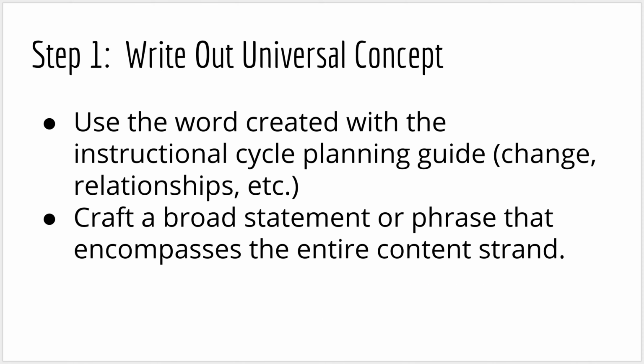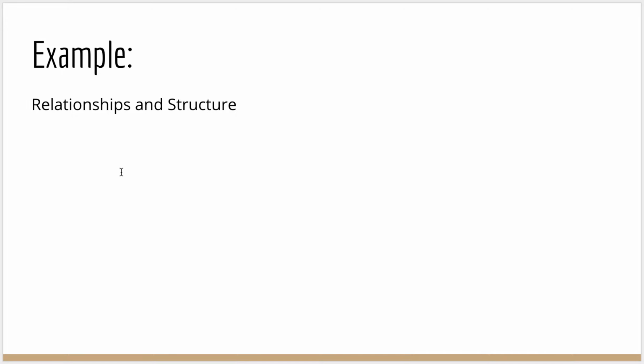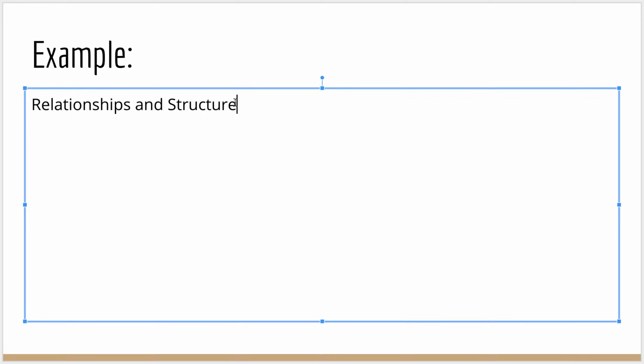So let's take a second to watch how I would create this universal concept based off the words that I chose and some of the conversations that I might have had with my peers about this instructional cycle. So you're going to use the word created during the instructional cycle, and you're going to craft a broad statement or phrase that encompasses the entire content strand. So I've decided on the two words, relationships and structure. I want to give a little bit more meat just because there's so many relationships and structures that I don't want to be too broad that my students could just go anywhere with this or teachers could just go anywhere with this. So I'm going to think about crafting a phrase,